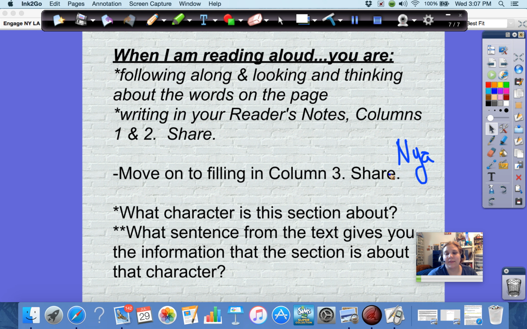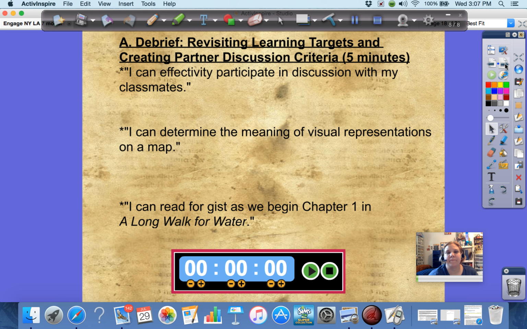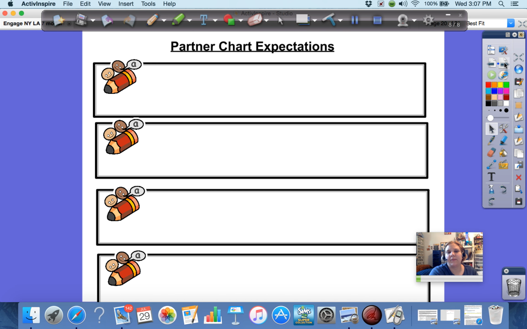What sentence from the text gives you information that the section is about the character? So I'm looking back in the text to find out what I think. Okay, so you would write down what you think. What is this about? What do you think? That is the idea of this first lesson. Okay? And then again, we would go through the learning targets again, and you would do a self-assessment using the